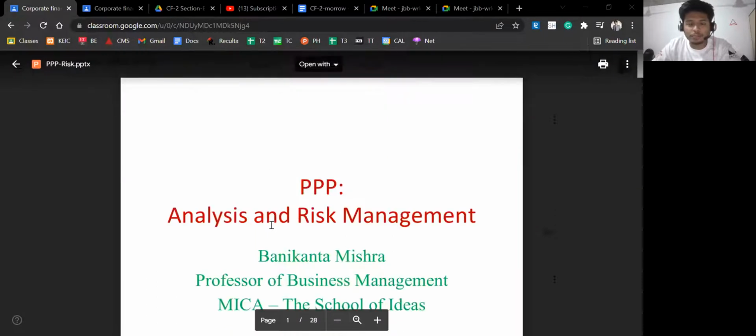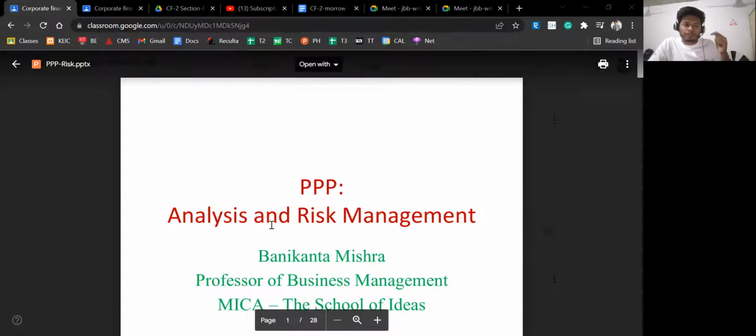So, this entire thing, from the title you must have read, it's on PPP. Now, what is PPP? PPP is a public-private partnership. Public-private partnership is where government and a private entity collaborate with each other to do some kind of infrastructural facility. So, in this case, we are building a highway, and we'll put a toll booth on that highway, and we'll get people to pay toll tax every time they pass through.